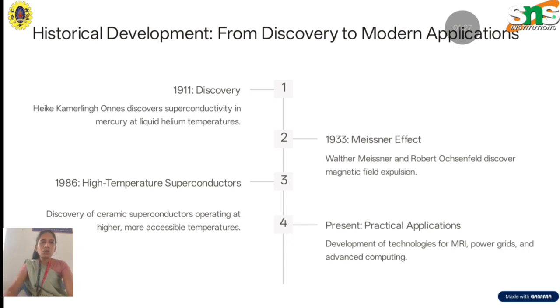From discovery to modern application. In 1911, Heike Onnes discovered superconductivity in mercury at liquid helium temperature. This was the first discovery, in mercury. And the next one is 1933, the Meissner effect. In this case, Meissner discovered magnetic field expulsion. And the next one is 1986, high temperature